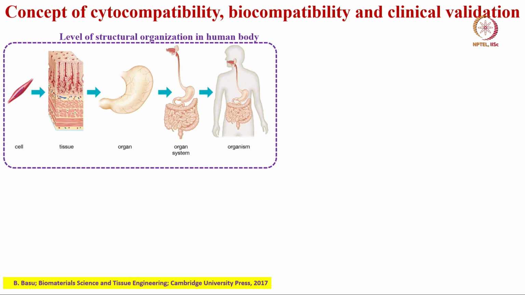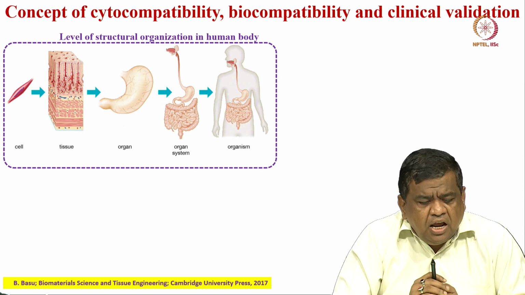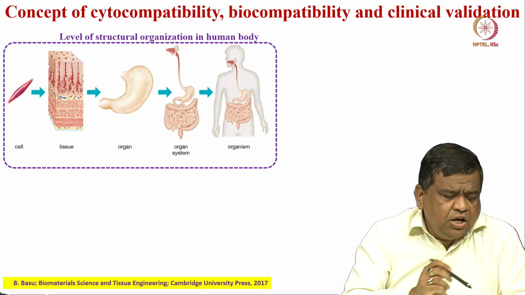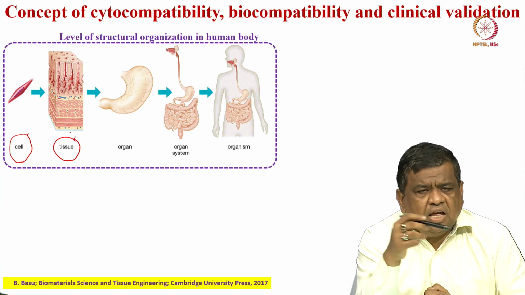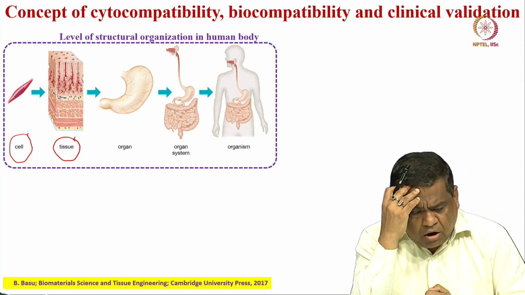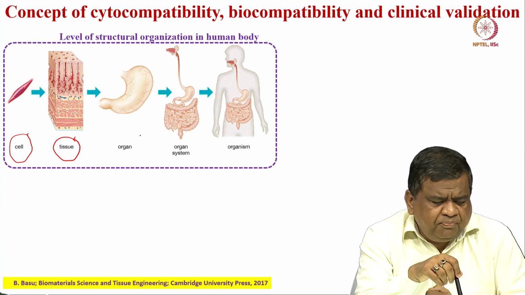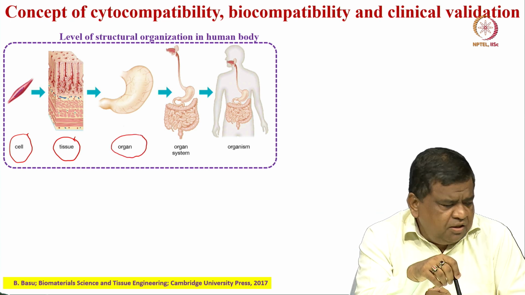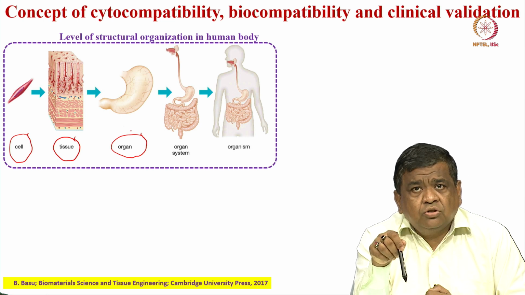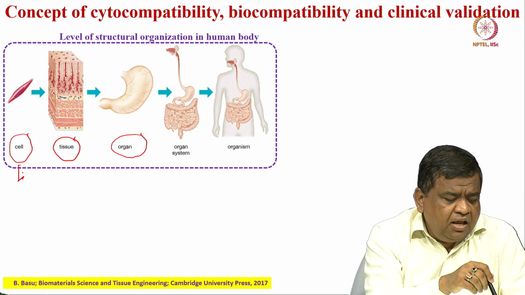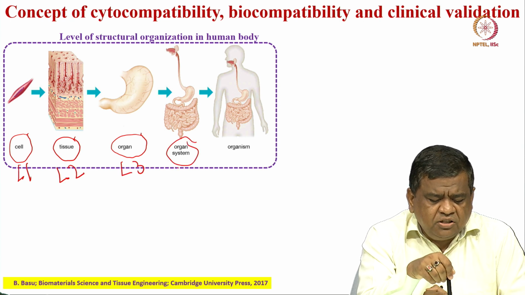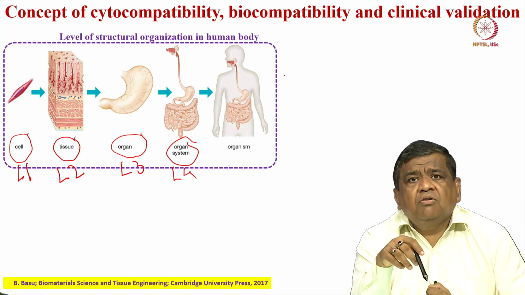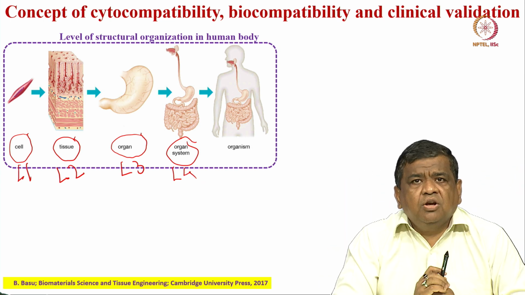So, this is more discussion on the level of structural, just to recapitulate, level of structural organization in human body. So, cell is the basic functional unit of the tissue. So, tissue is the more self organized structure containing cells to perform specific physiological functions. Then organ is at the next level. So, if you look at the different levels, L1 is level 1, L2 is the tissue, L3 is the organ, system is L4, and then entire organism, like total human structure, we call this organism.